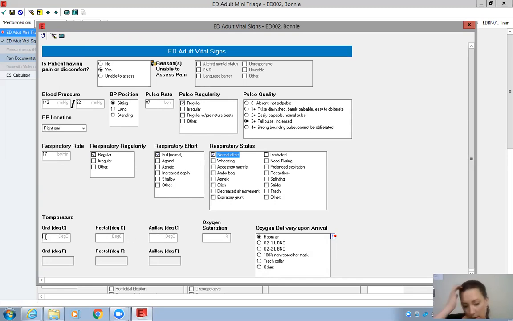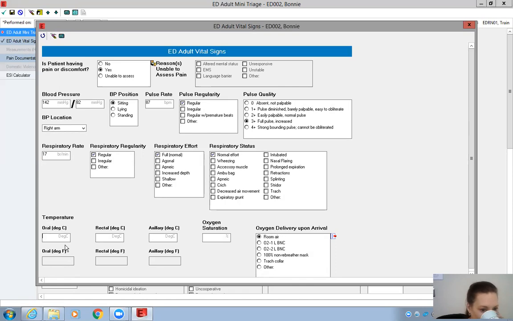So we're going to put this in Celsius, so remember that. Don't go putting in 98.6 and wondering why it's flagging all over the place and they think your patient is now septic, because this really should be like 37 because it's all Celsius, right? The good thing is it does the conversion right underneath, right there. If you put in the Celsius, it's a conversion. So if you don't know the exact conversion, and the conversion's not in front of you,